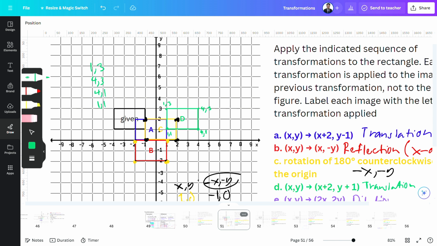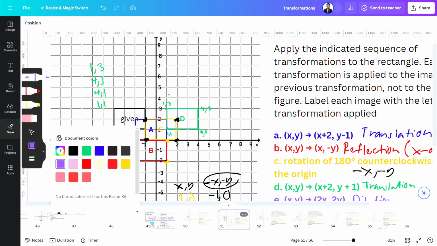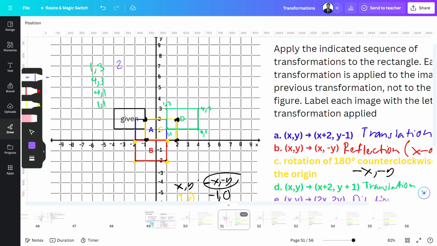So it says our scale factor is 2. So simply, we will just multiply everything with 2. What's 1 times 2? That's 2. What's 3 times 2? That's 6. 4 times 2 is 8. 3 times 2 is 6. 4, comma 1. So 4 times 2 is 8. 1 times 2 is 2. And 1 times 2 is 2. So these are the new coordinates when you try to use the scale factor of 2 from the original figure